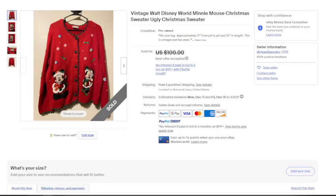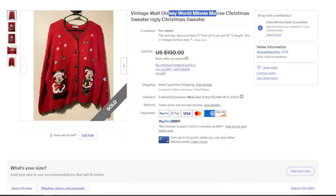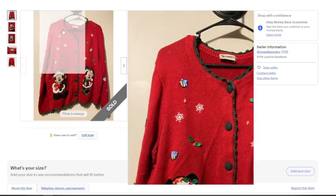Moving on to the next, and this is one that probably won't surprise you that much. That is this vintage Disney World Minnie Mouse ugly Christmas sweater. Was listed for $100 with a best offer accepted, but they did have free shipping on it. As you can see in the notes here, they have the measurements, but there was no size tag actually on